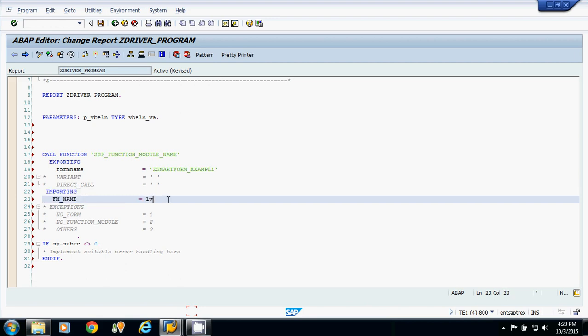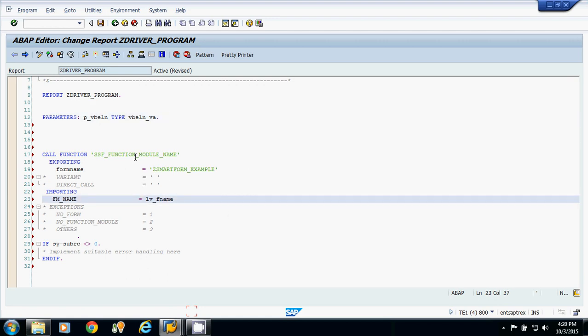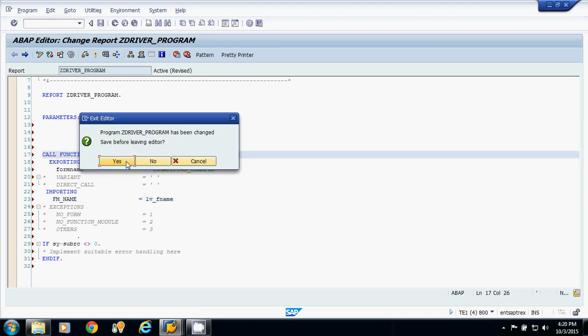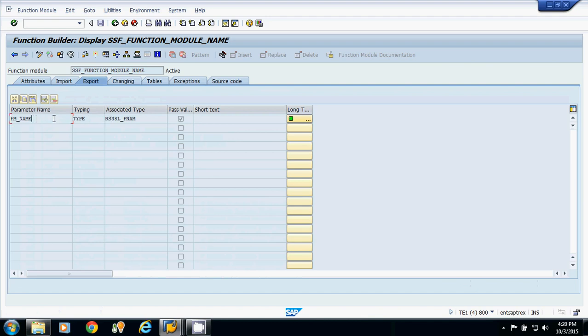I am declaring one local variable which will give me the function module name. How can I check the type of this local variable? I will go to this reusable component. In this, the FM name is of this type.